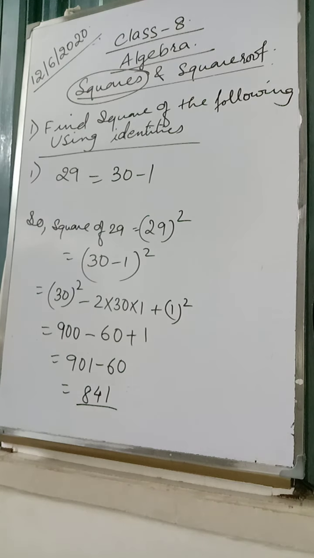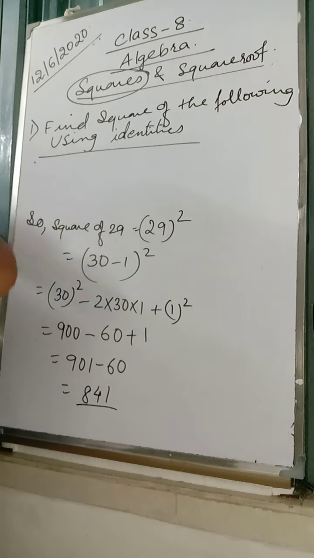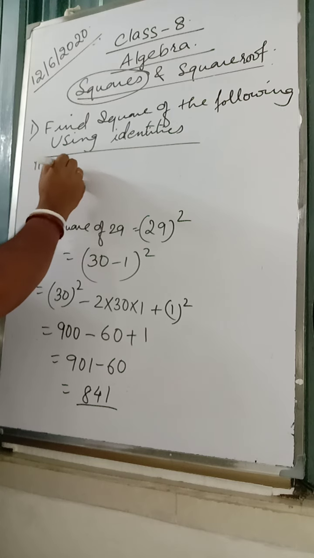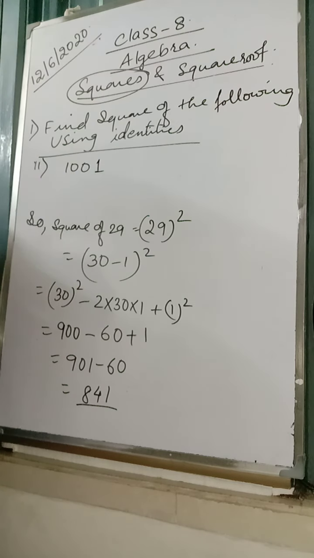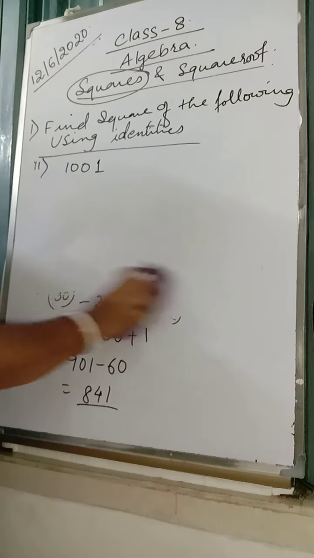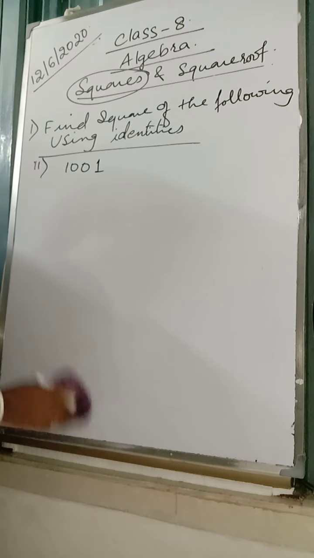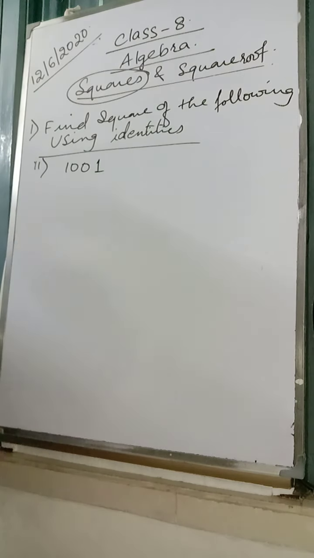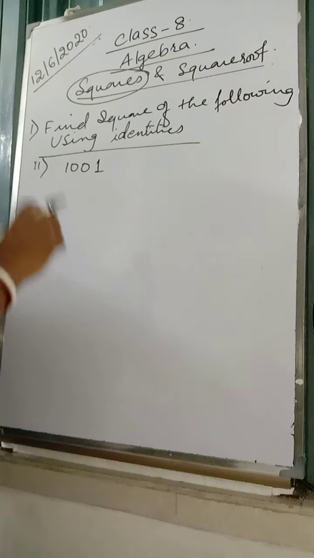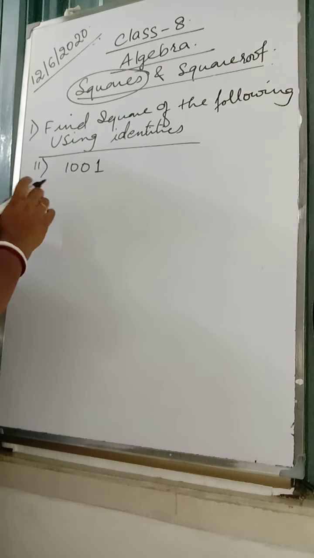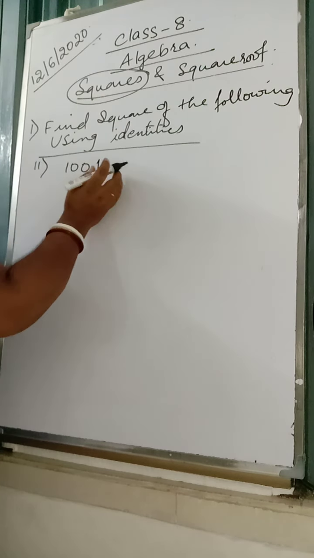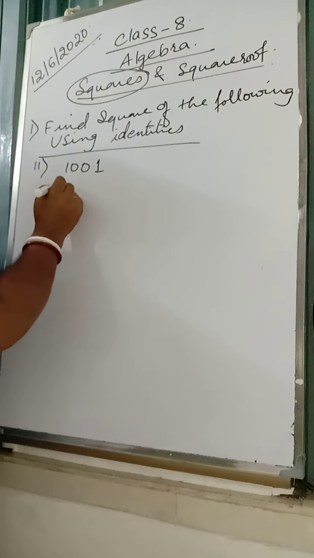Now if you have to find the square of 1001, this is the first identity we have used. Second, if you have to find the square of 1001. Dear, do not forget this, all the terms are related. All the algebraic expressions, all the squares are based on those formula only. You have learned in the earlier classes. So those formula you have to use it here.